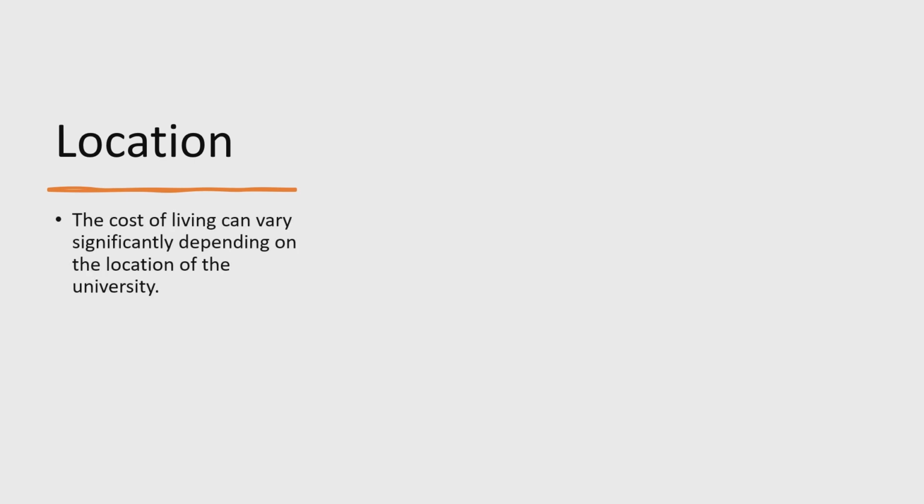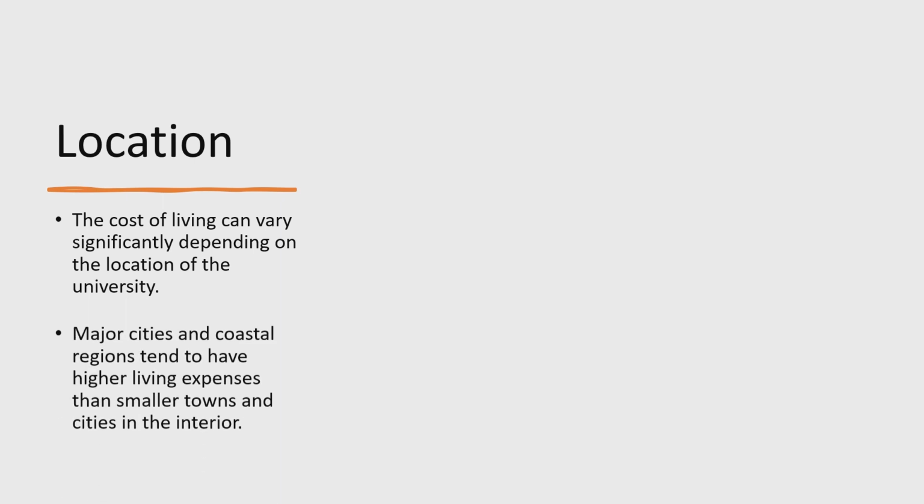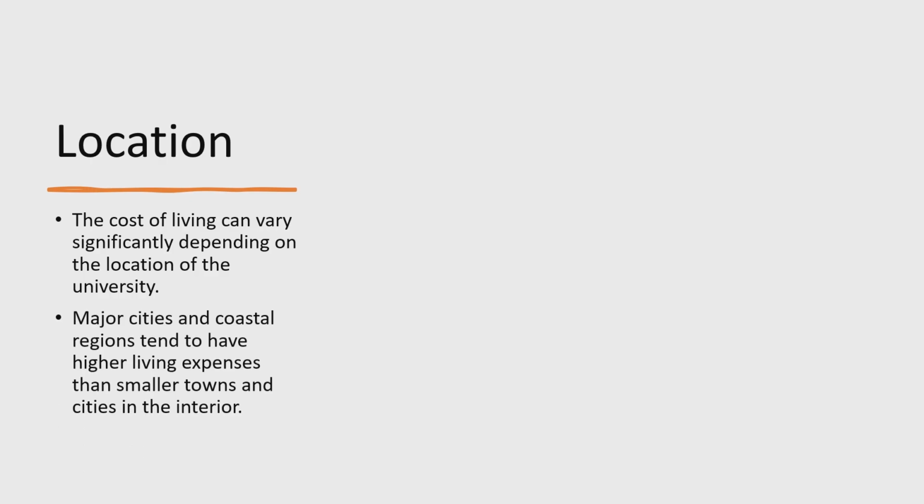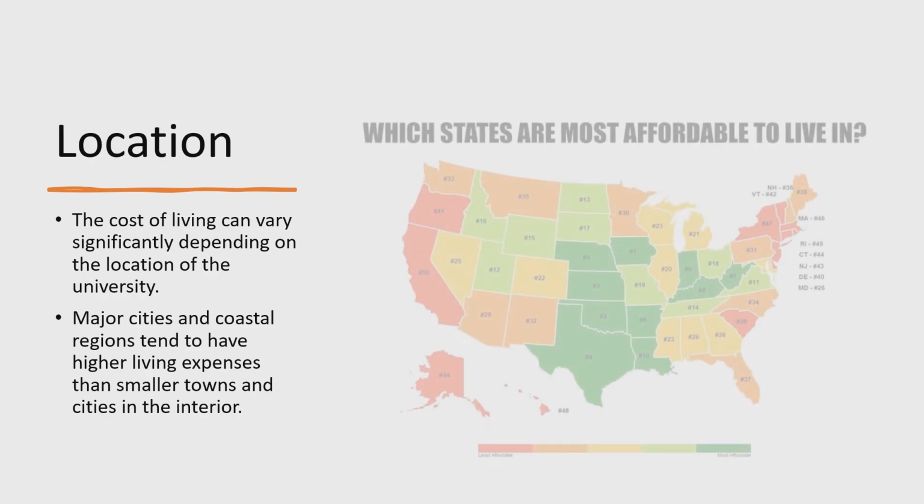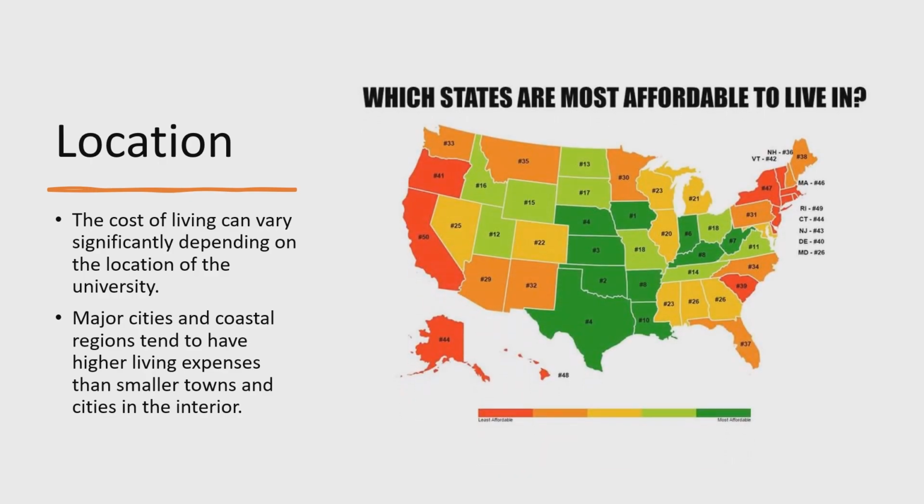And if you see the location, there are small towns as well as cities, and there are interior regions also in the US. If you go to interior parts of the US, then the cost of living would be really less. And if you go to bigger locations or cities where you would find part-time jobs, then the cost of living would really increase. So you can see the map I have shown clearly indicates where it is low and where it is high. The red color which you can see is least affordable, and the green color is